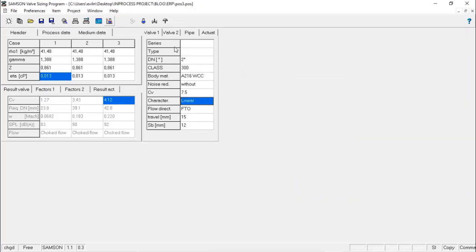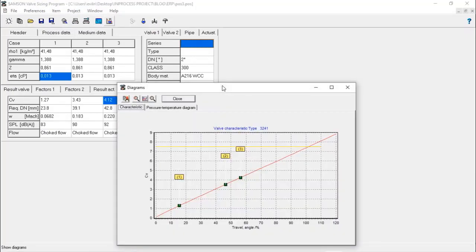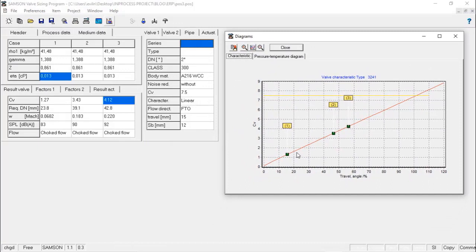And now I ask the software to recalculate again, and now we have another kind of graph. So what we will do is verifying what is the best conditions for your valve, and I will do